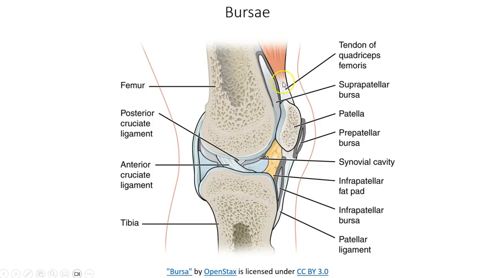This is the quadriceps tendon, and behind that patella right there to add in some extra cushioning for that tendon and the patella. We have a bursa outside of the patella, very, very small one, but it is there. And then we've got another one lower down closer to that tibia. That's also going to help provide some cushioning for that patellar ligament